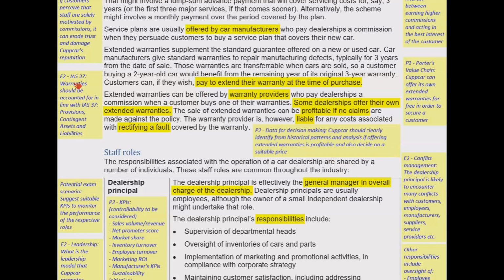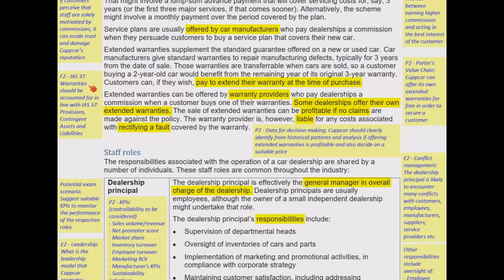Now, when we think about warranties, again, think F2. And just as a general point, folks, when the examiner comments on the MCS exams after each sitting, the area of your knowledge that the examiner says is weakest is F2. The examiners often say that students are really poor. They do not know the accounting for the things that were covered in F2. You must make sure, for example, here, that you understand the need for Cuppcar to have a provision for warranty claims if they are providing their own warranty